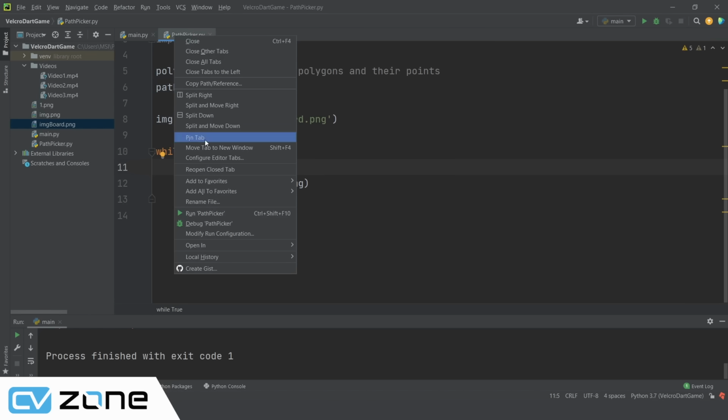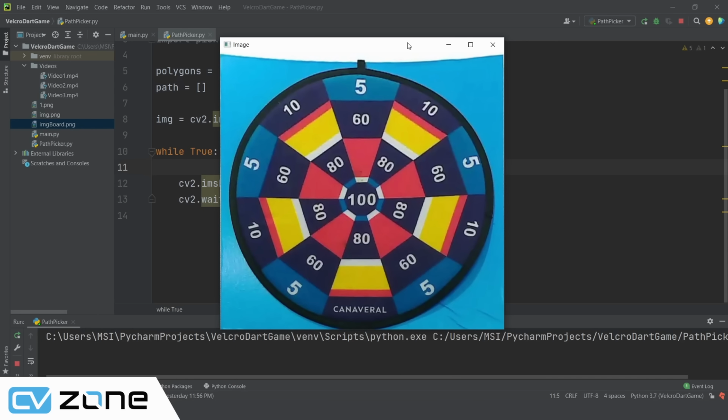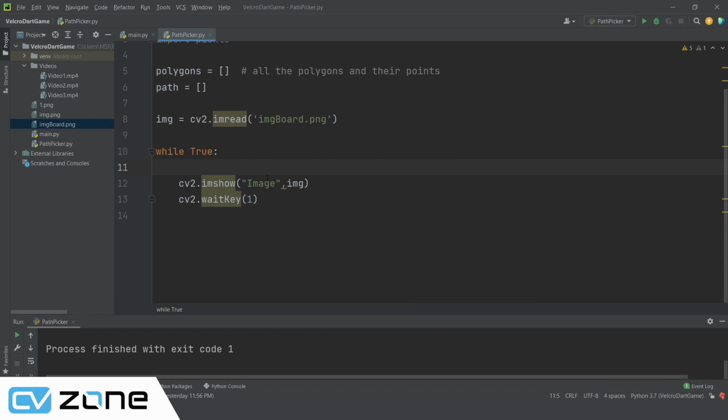So let's go ahead and run this. This should give us a window. There you go. So this is our image, and we can click on it and it is running. Even if we close it, it will not close because it is running a while loop. So that is good. So we can close this, and now what we will do is we are going to click on the points, and we are going to save their location. So to do that, what we have to do, we have to create,